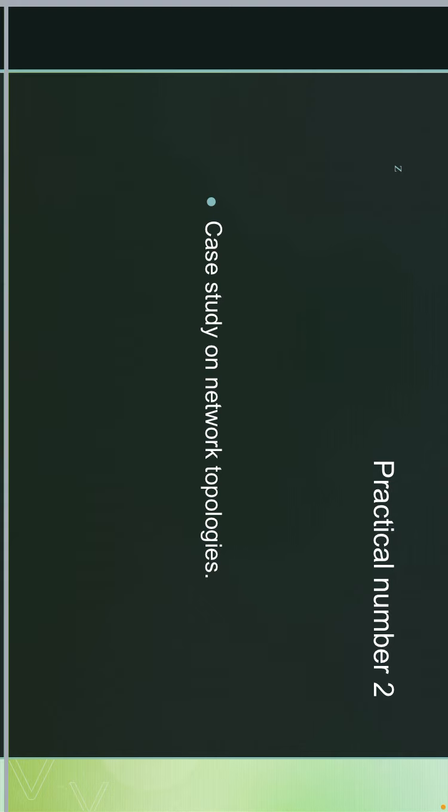Wide area network is having more number of devices, so the transfer rate is slow because the information has to travel from system to system. So the transfer rate there will be low as compared to LAN. LAN will be having a very high transfer rate. So types of networks we had studied.